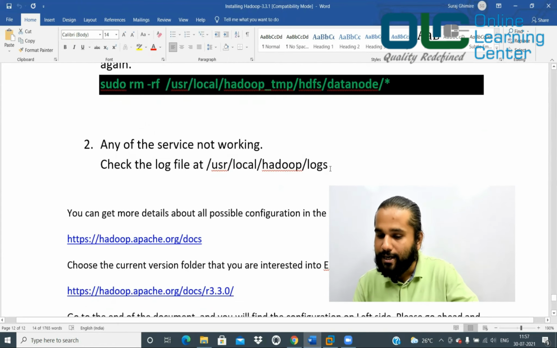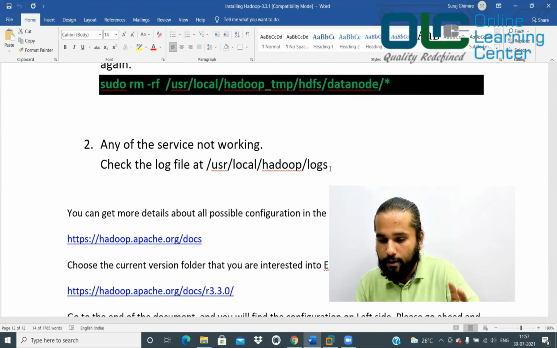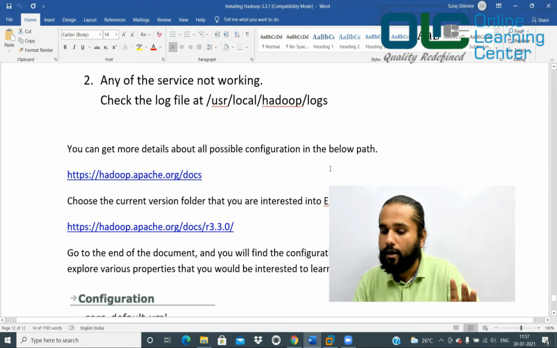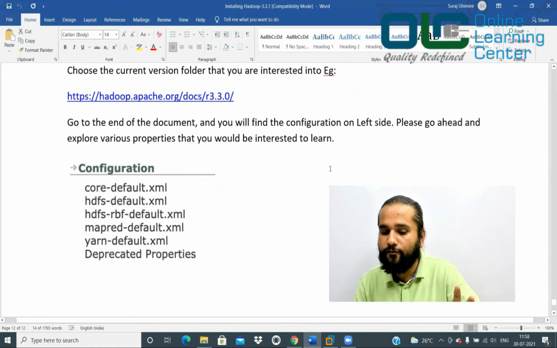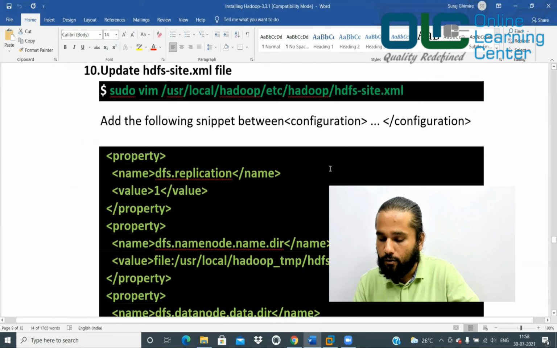And if any of the services are not running, then I would suggest you go to the Hadoop logs and see what is not running. You will get very clear information from Hadoop that there is some problem. If it shows an unable to parse kind of exception, that means you have messed up your XML entries. So you must go and fix certain XMLs. You revisit all these files again, and open each of these XML files and see what went wrong.